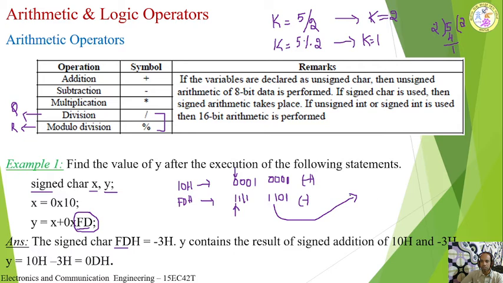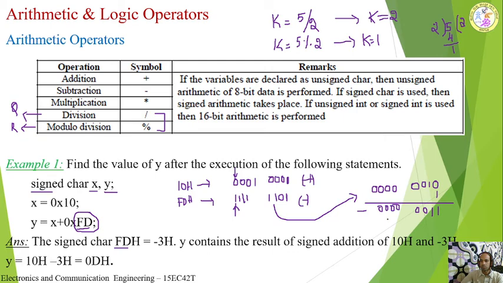Inverting means 1 is there, you write 0. Again 1 is there, you write 0. You replace 1 with 0 and 0 with 1. So this is 0, then it is 0 0 1 0. This is the 1's complement of this number. Now add 1 to it. Add 1 here. Now 1 plus 0 is 1. This is 1, this is 0 0 0 0 0 0. And again put negative sign.